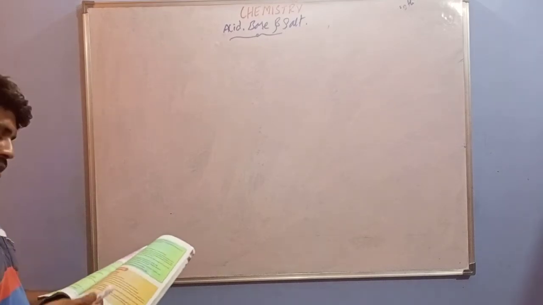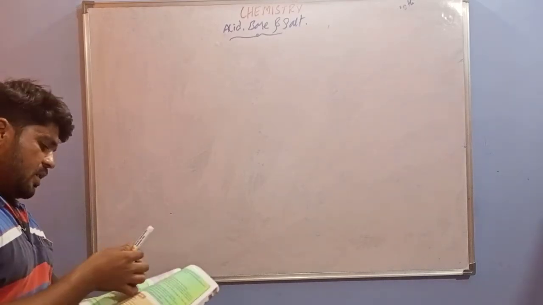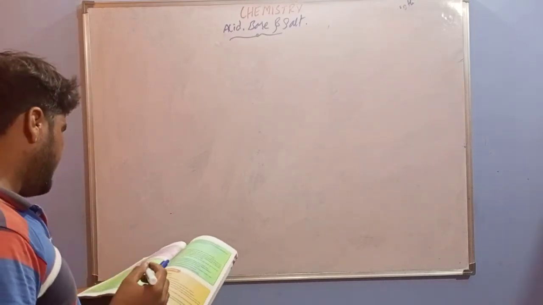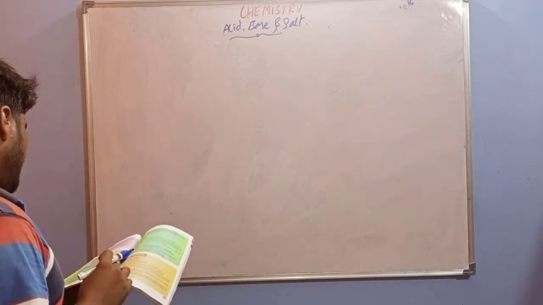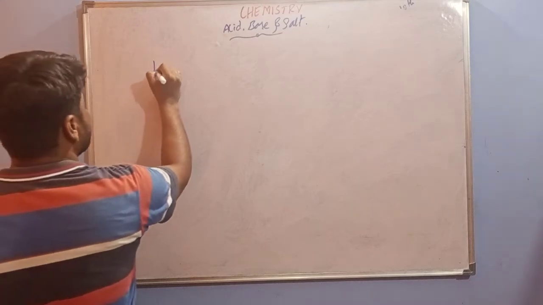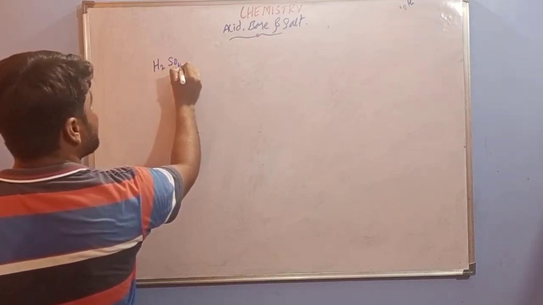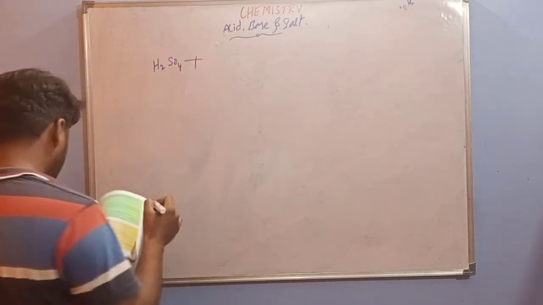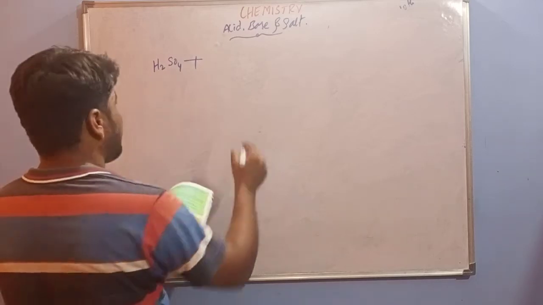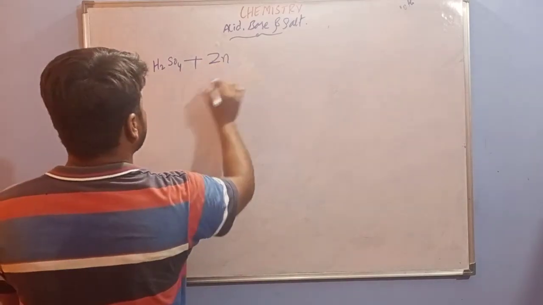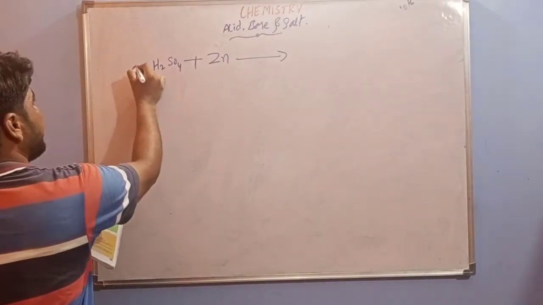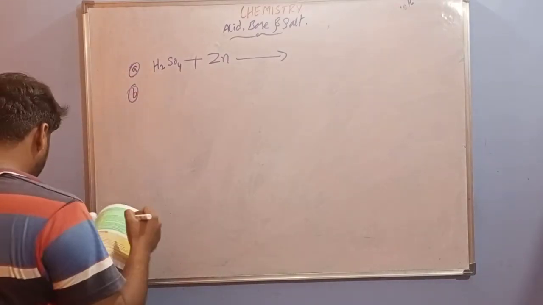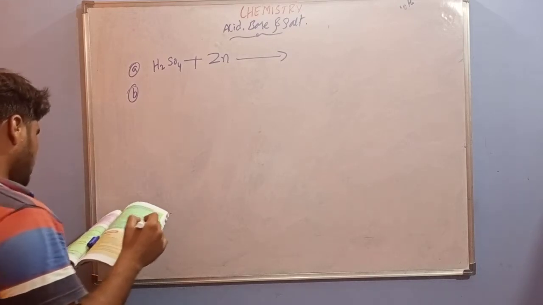Okay. Now you have 4 questions in that. The first one is dilute sulfuric acid, H2SO4, plus zinc granules, Zn. Next, B: dilute hydrochloric acid,